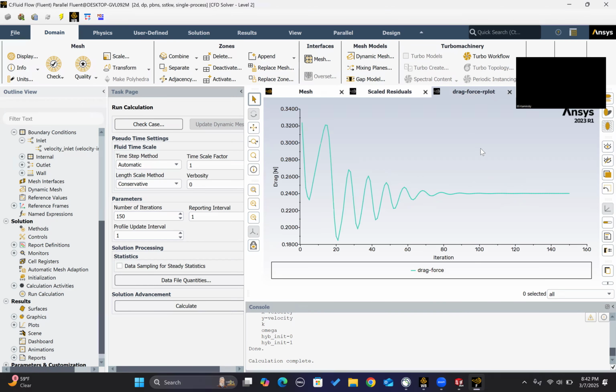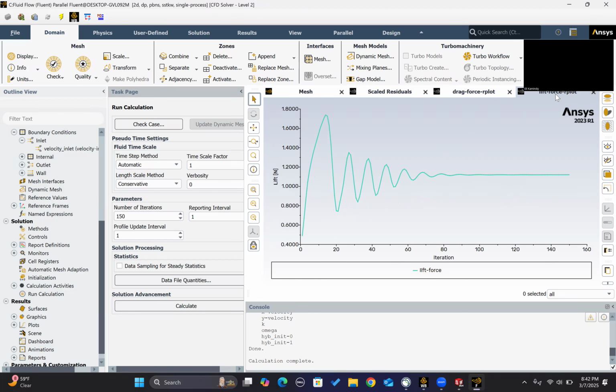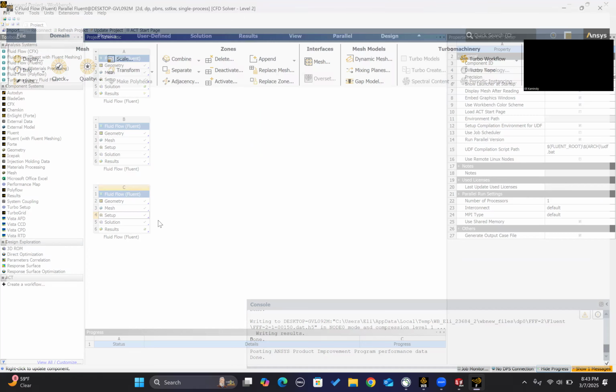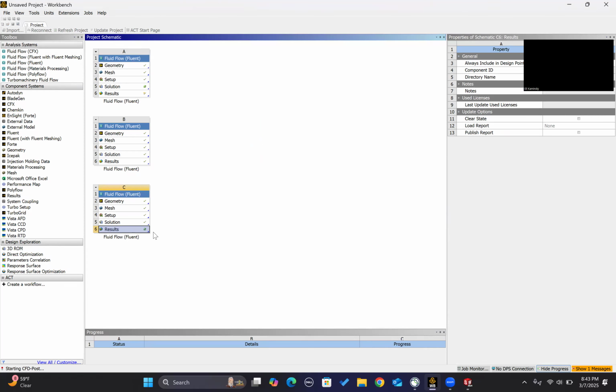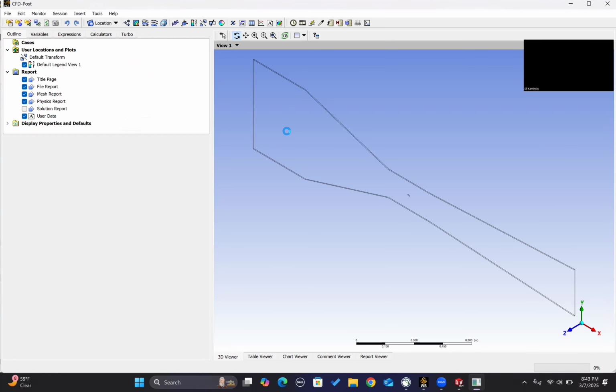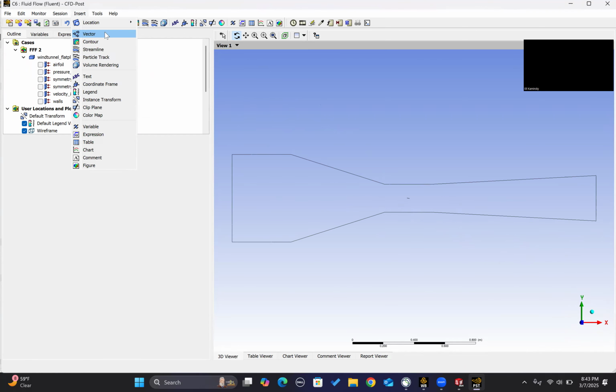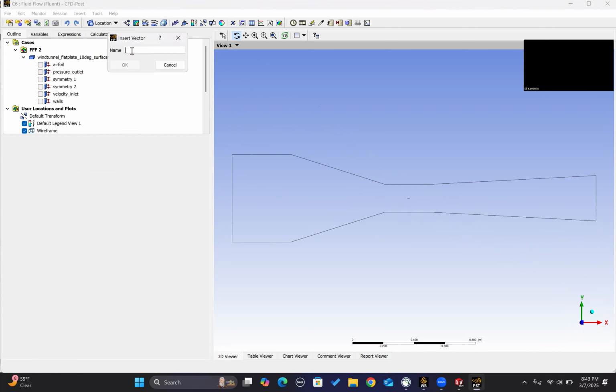Okay, once that is done, we'll just take a look at our reports here. They look good. Okay, we can exit out of here. Now we can go to edit results. Once everything is loaded in, we can insert a velocity vector,